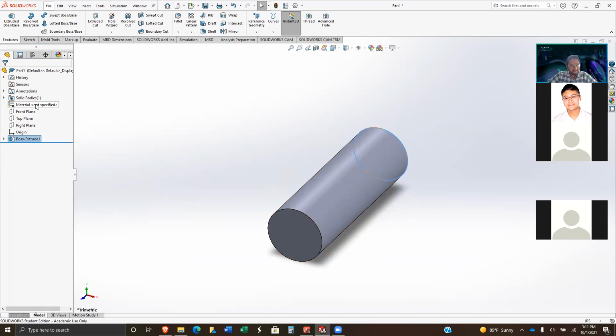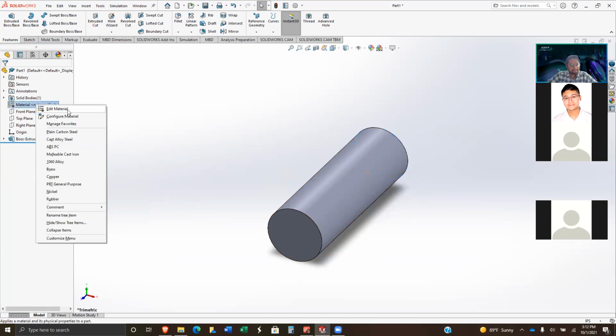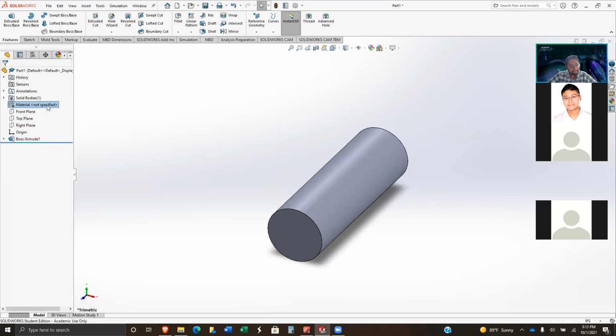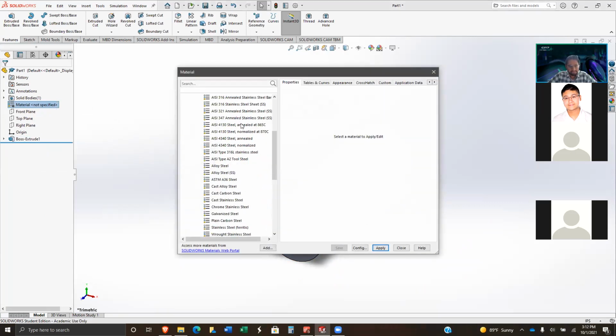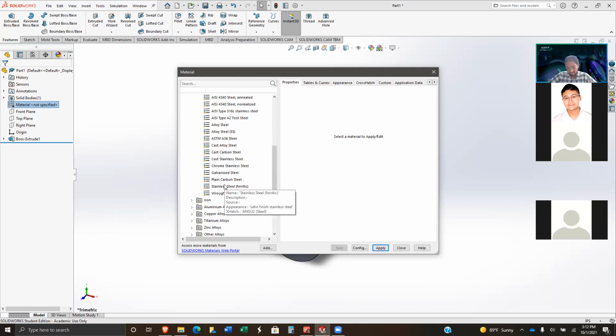Now, a cool thing we can do is we can go under materials and specify what type of material we anticipate this to be. So we can go to Edit Material, and there's a list of different materials that we can choose from. And this is a really good tool because, if you plan on manufacturing this part, then before you start manufacturing, you can get a better understanding of how much it might cost, depending on what material you're using, what the density might be, and all the other different material properties associated with that metal or with that